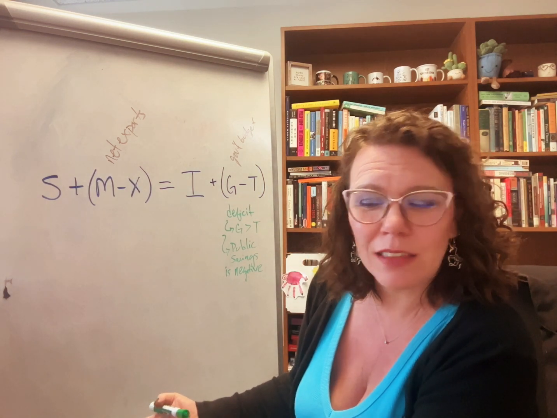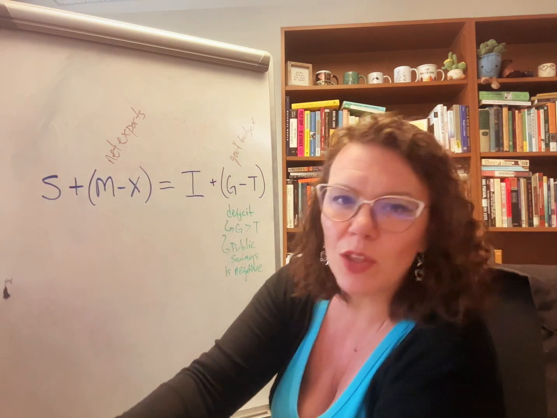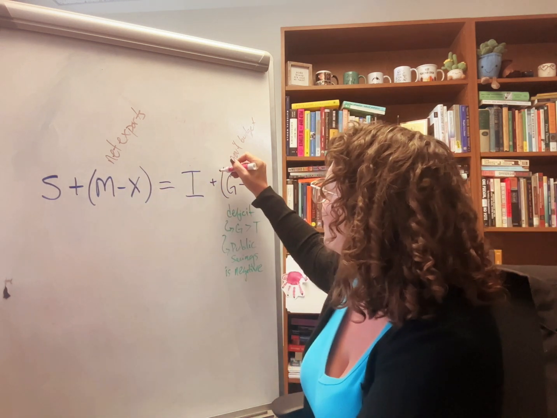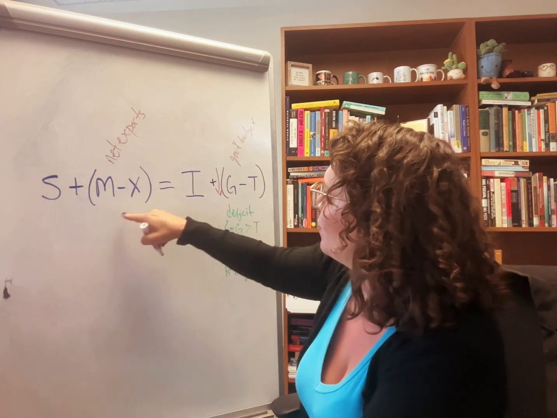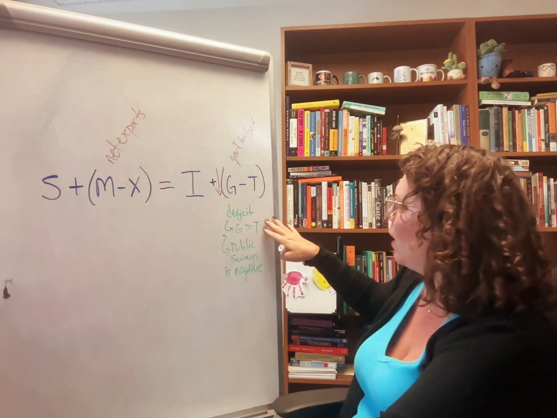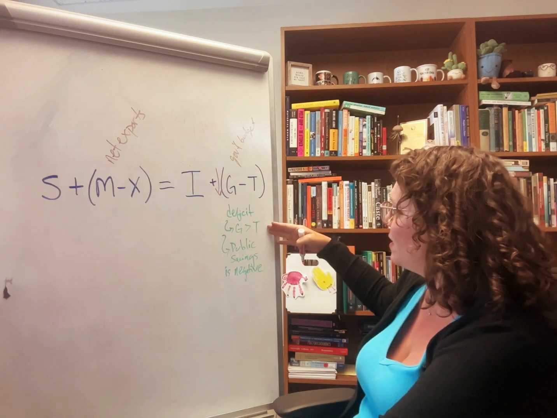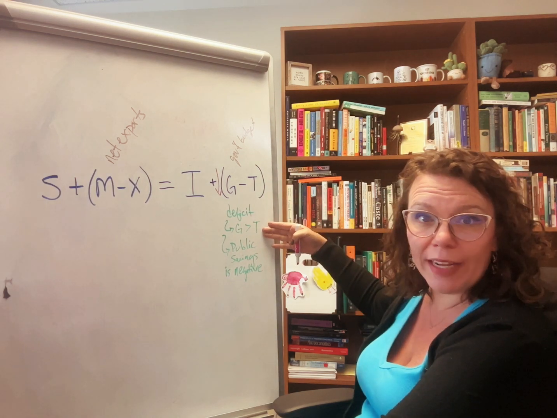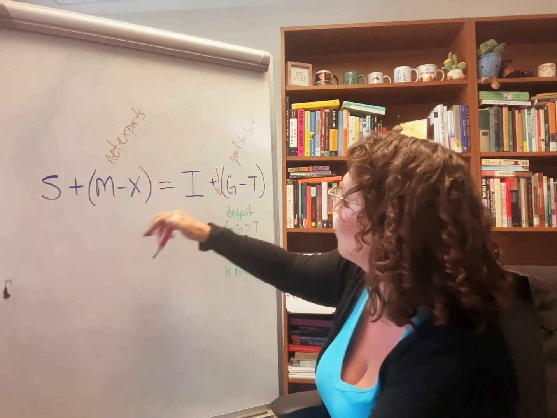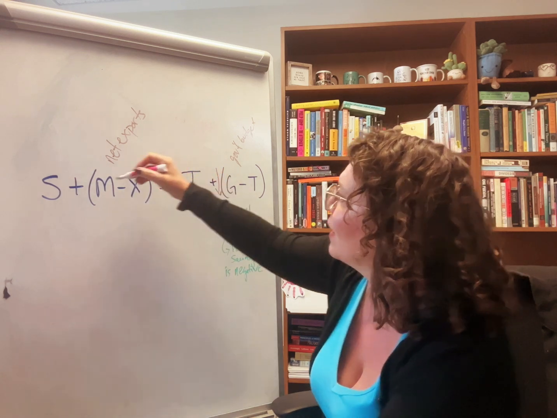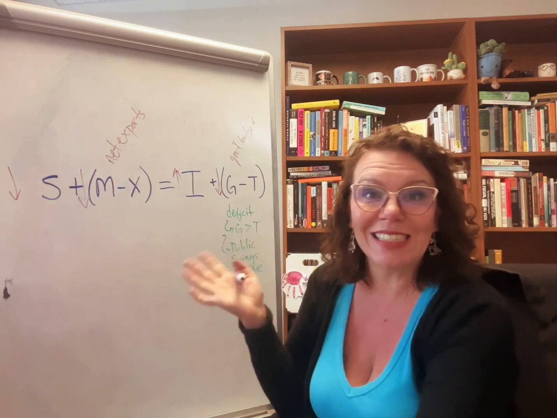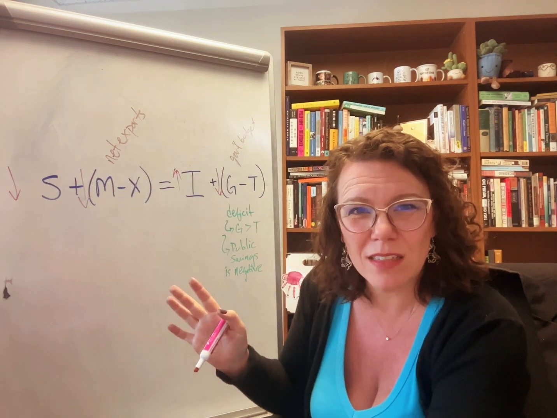Does that kind of make sense? And that's really what we're doing with all of this. The rest of this discussion is saying, okay, if this goes down, then something over here has to change, because we can't have everything be the same and this still be equal. So one of the questions on the homework quiz: if the government deficit gets bigger, right, G minus T gets lower, then we're going to need to see something happen over here. Either another thing comes down over here, one of these goes down, or this goes up to balance it out. Does that kind of make sense?